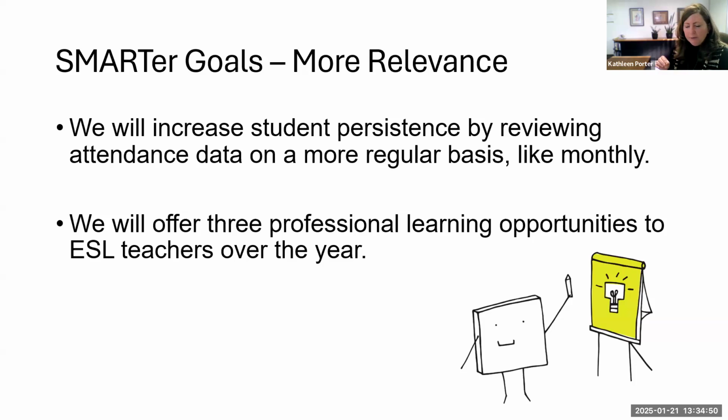But what we really are looking for with relevance is the impact that it will have on student learning. So when we say a goal is relevant, that's what we're really looking at, is how is this improving student achievement? So what is the professional learning opportunity? How are we going to measure whether the professional learning opportunities that we provided actually translate into increased student achievement? How do we measure something like this? So definitely could use some support with these.